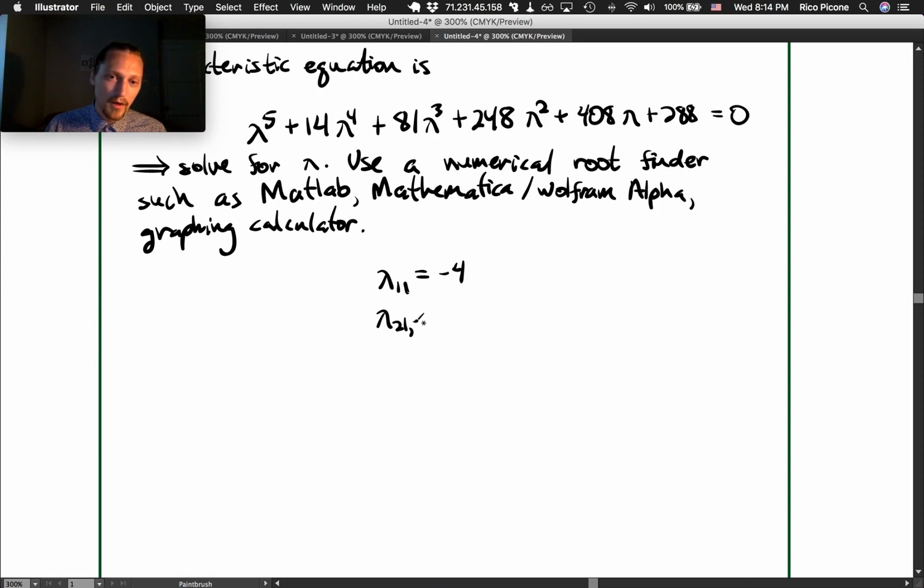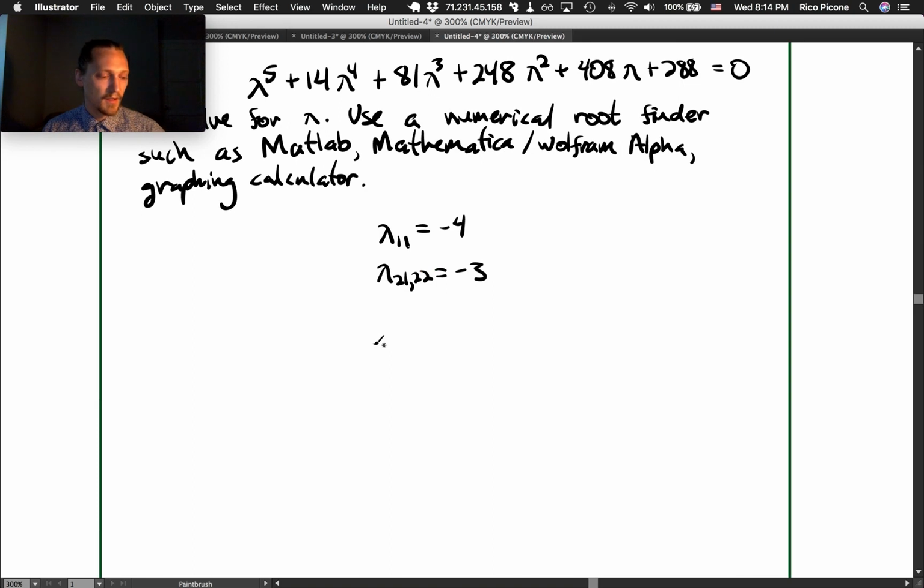Okay, so lambda 2,1 and lambda 2,2 are going to be the repeated root of -3. So lambda 2,1 is -3, and lambda 2,2 is also -3. The first index denotes that it's a distinct root, -3, but there are two of them, so you have a 1 version and a 2 version. And then we also have